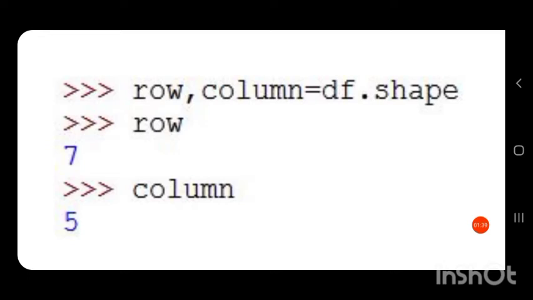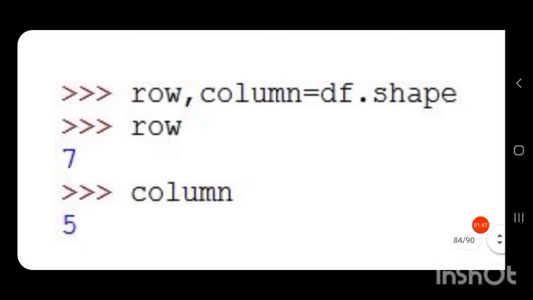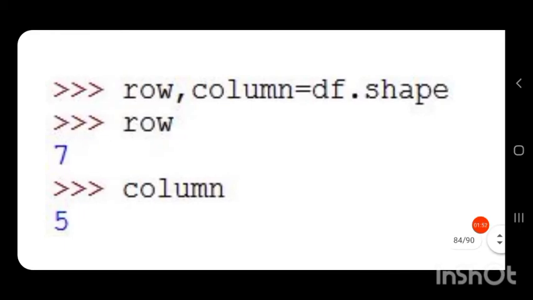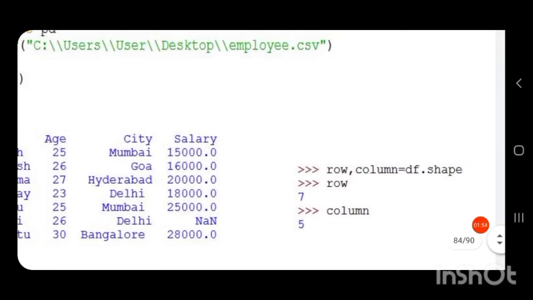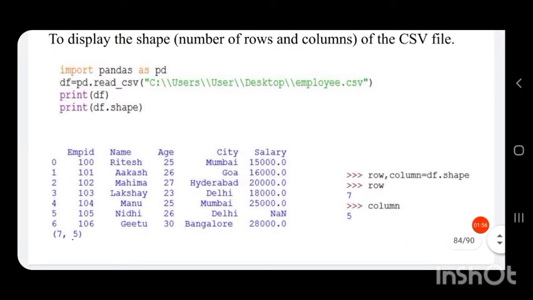Then row will have the number of rows and column will have the number of columns. If we print row, the output is 7. If we print column, the output is 5. So the shape attribute is used to retrieve the shape of the data frame obtained through the CSV file.